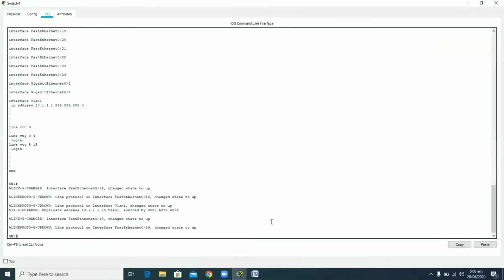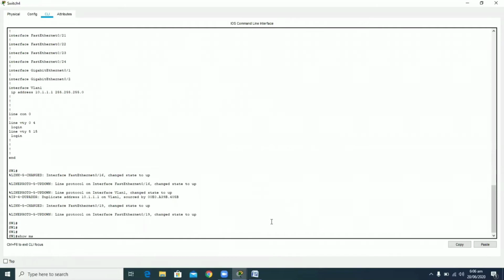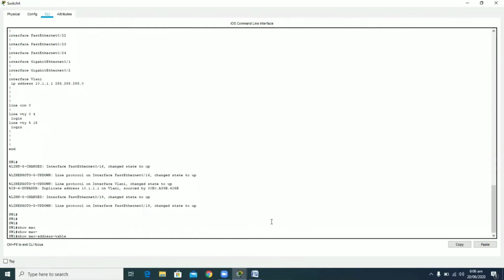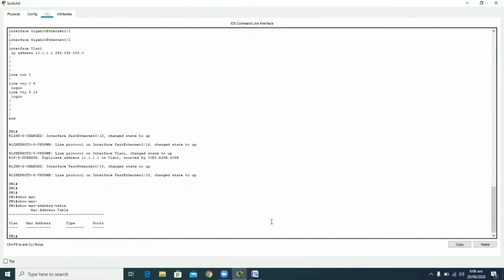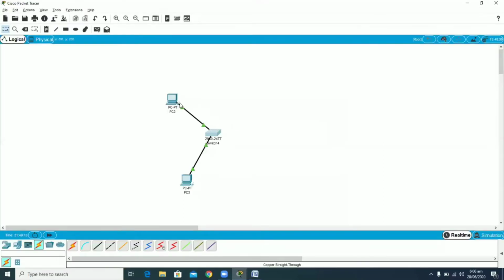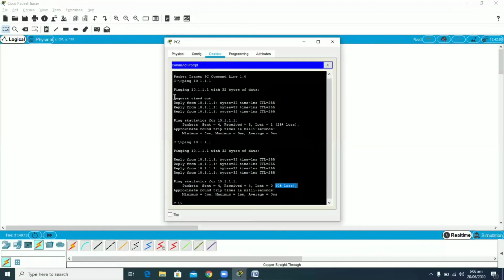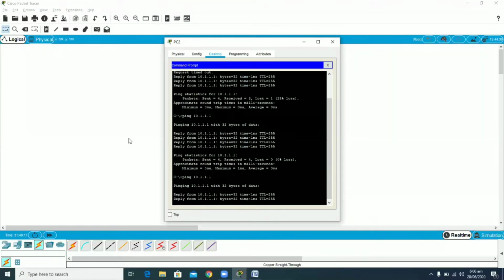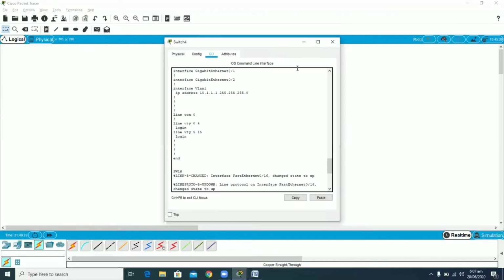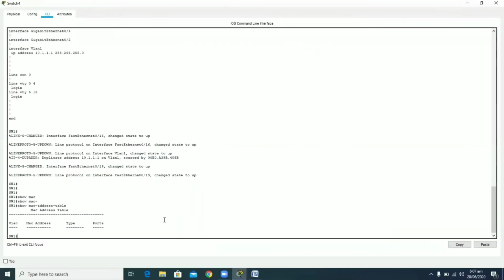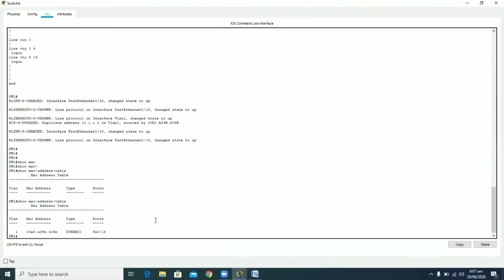The MAC address table of the switch can be checked by this simple command, show mac address-table. So here you can see that none of the MAC addresses is now present. Now I will be pinging this switch from this PC, and then we will check if the MAC address is there or not. Now I have pinged this switch, then again checking the MAC address table, and now you can see that the MAC address of my first PC is now present over here, 405B.